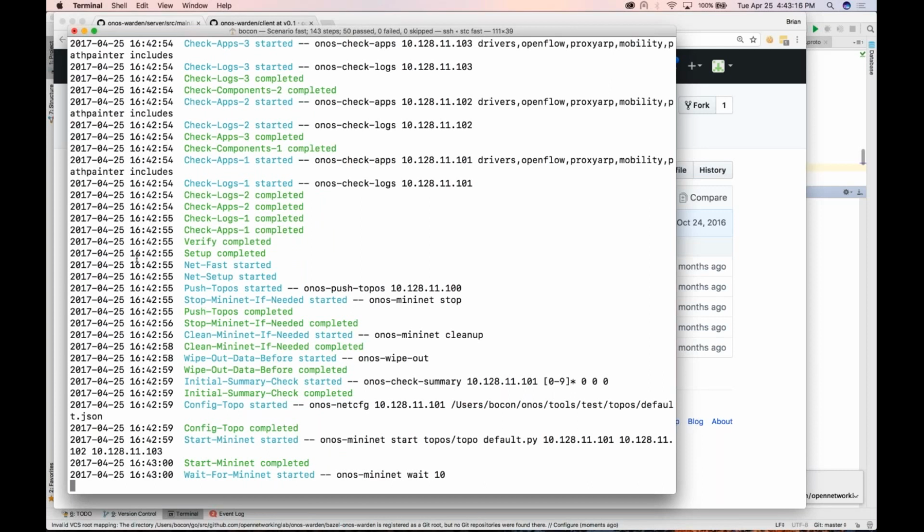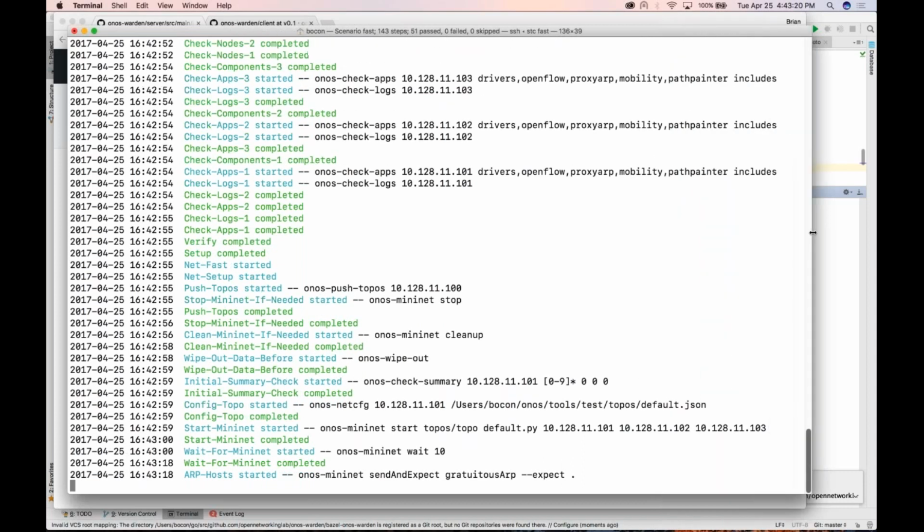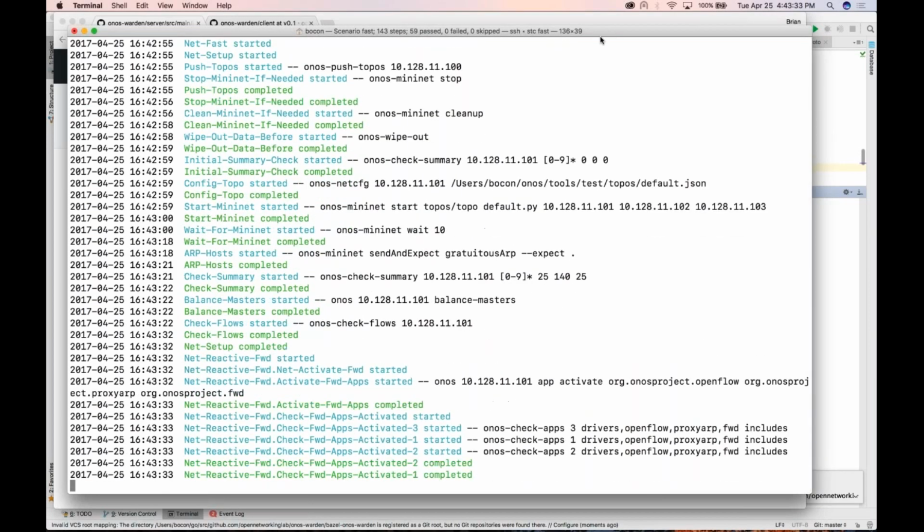Setting up the environment for the user based on the request they've made is the job. So this will run eventually. While that's running, I can show you